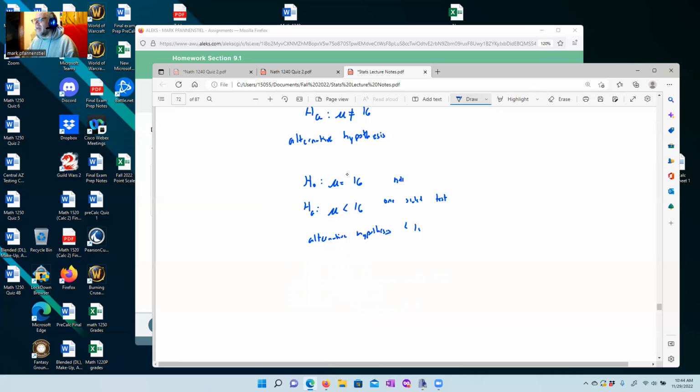The other thing I would recommend, which they don't force you to do in the book, but when we do face to face I always give you guys, is to ask: what is my threshold of proof? My threshold is not always going to be 0.05, but when they say test at the 0.05 level of significance,